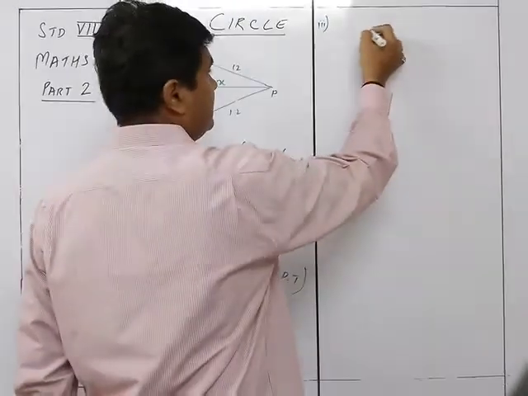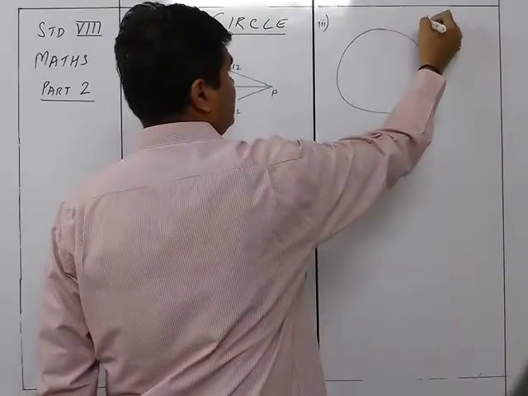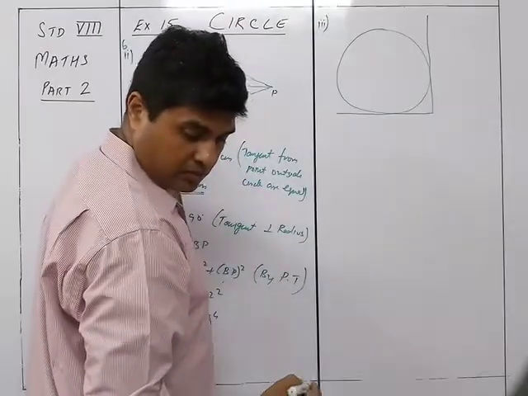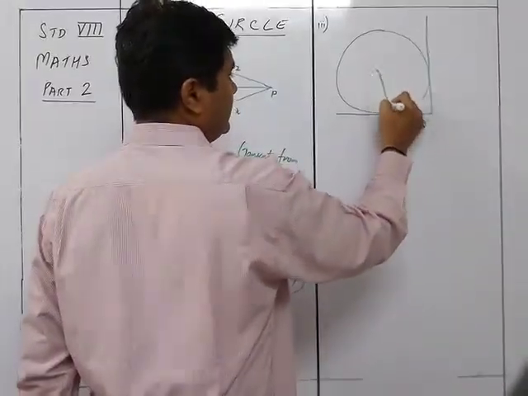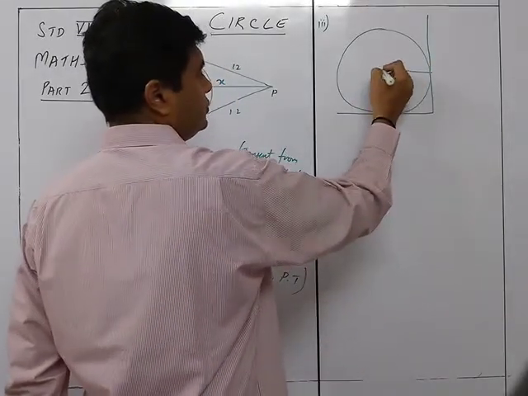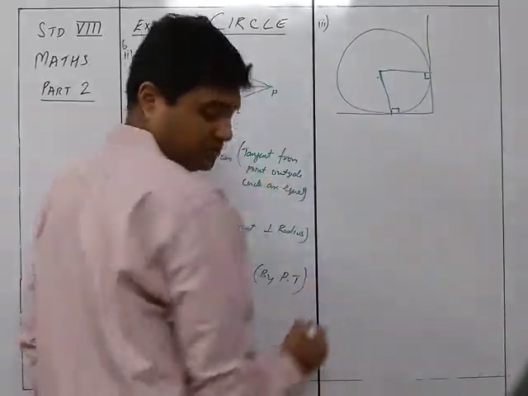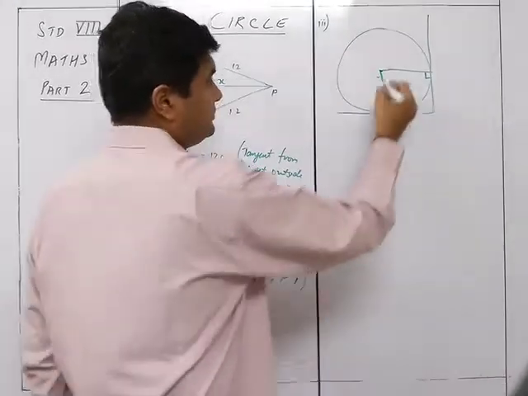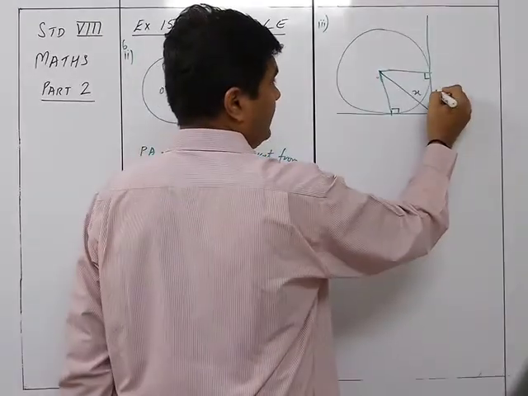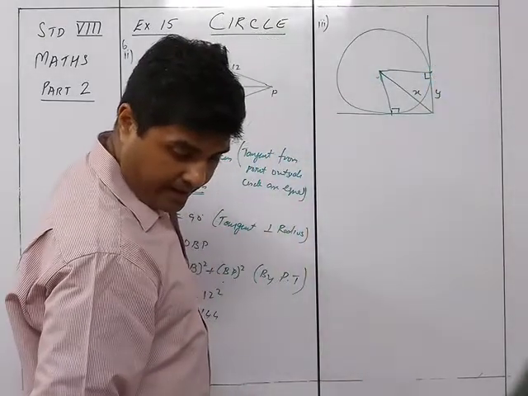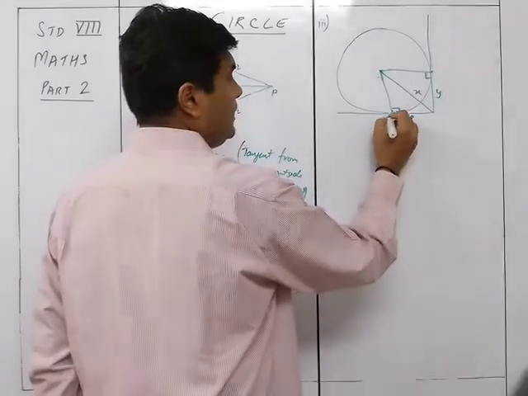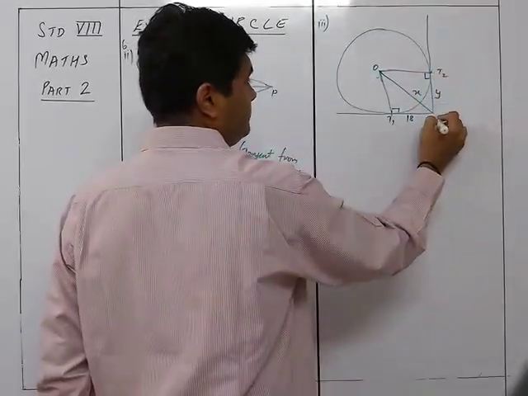We see the last sum, that is the third sum of the sixth. So you have a circle and two tangents which are like this. You have the center like this and another one over here. Just excuse my figure. This is 90 degrees, of course, and this is x. This is y from here to here, and this is 18. So this is point T1, this is O, this is T2, this is P.